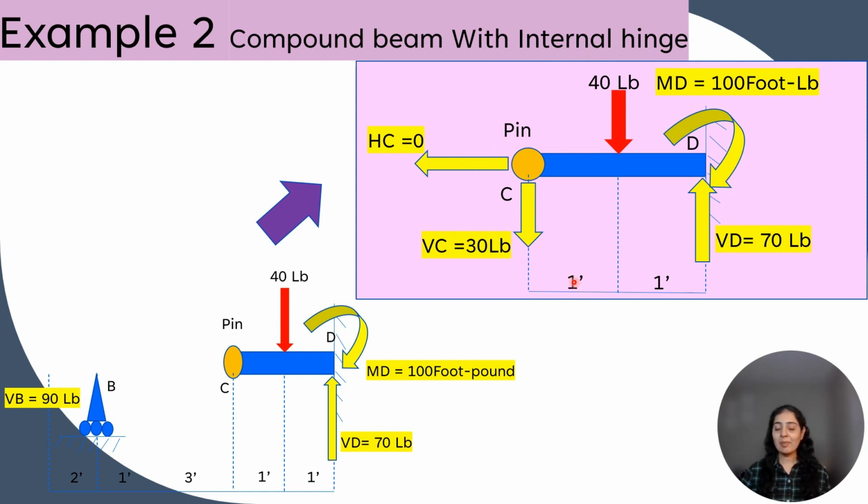So is it satisfying? Yes, horizontal forces sum is 0 as only HC is acting, and VC is equal to this 70 VD minus 40, that is 30. It is equal and opposite to the previous beam, and a moment of 100